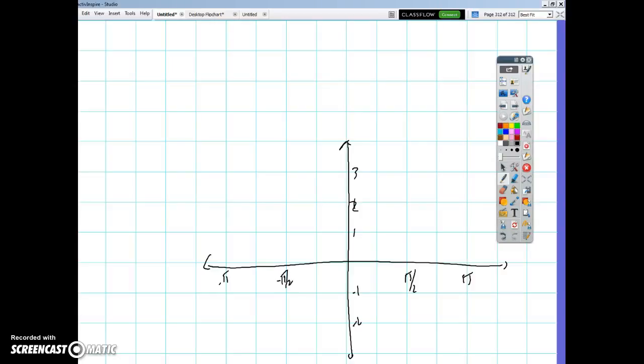All right, the function is y equals tangent of 2 theta plus pi, plus 1. Great? Okay. Now,